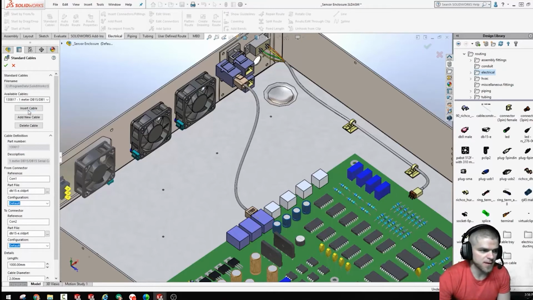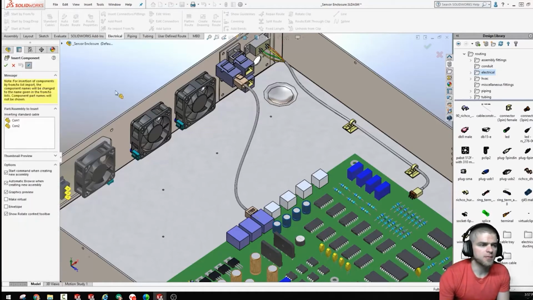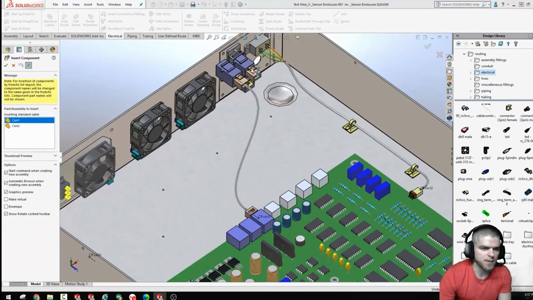So an example is, if we wanted to insert one of these, I had a test wire in here, same thing, just a test RJ45 connector. And you can fix the length of these as well. You can make this a fixed length. So in this case, we'll just say 200 millimeters, for example, and I want to insert cable, it will put us into almost what we did before with dragging and dropping, but now it's showing us,